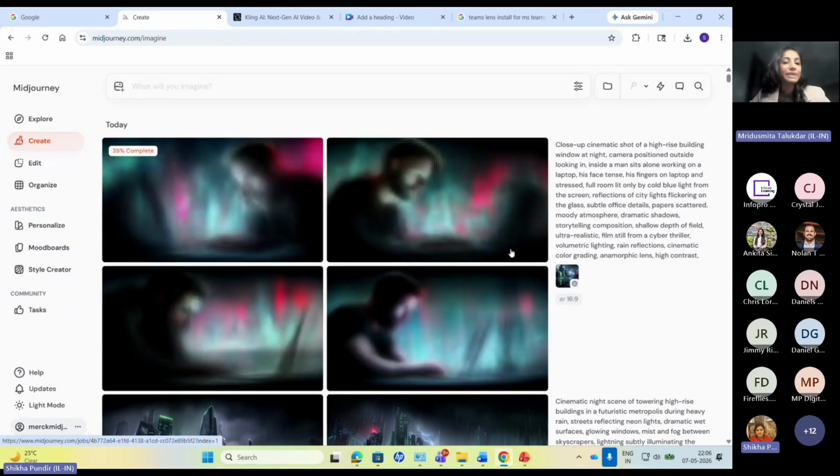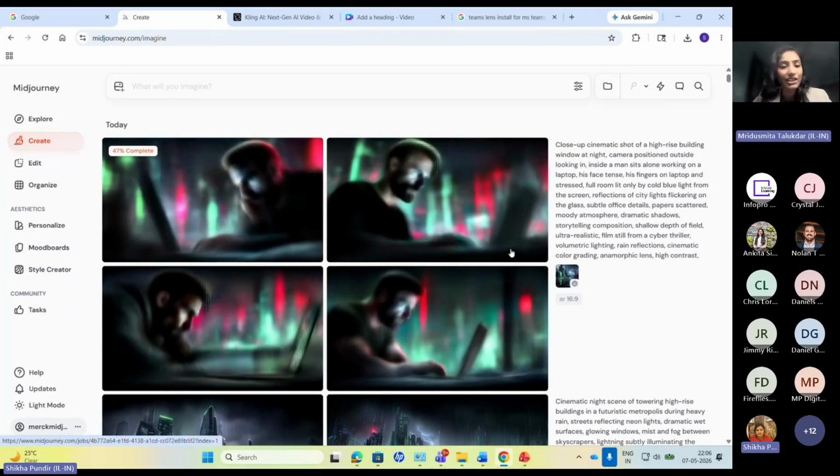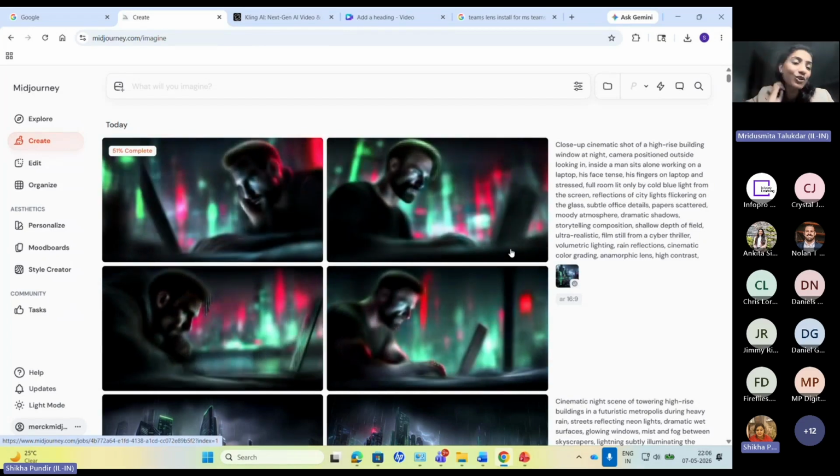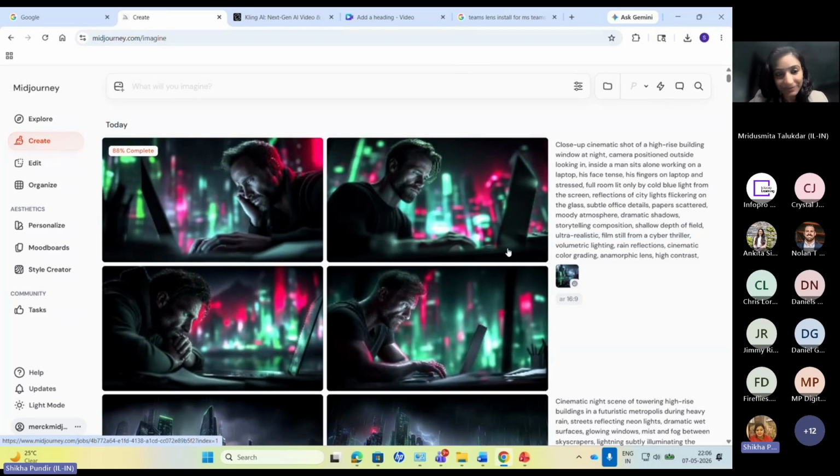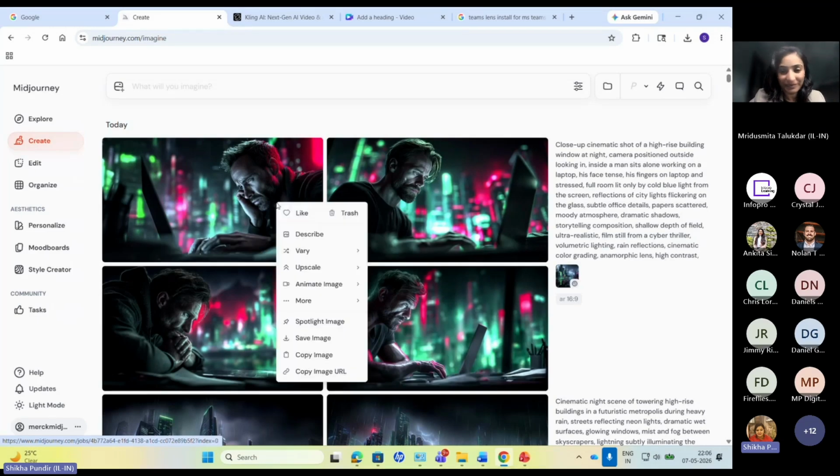Is this the typical speed, Shikha, that you're seeing today? I heard you saying it turned out to be a little faster than what it normally is. Yes, it's a little bit faster today. I think God is on our side, and a lot of people are watching us. So luckily, it is generating faster than the rest of the days.